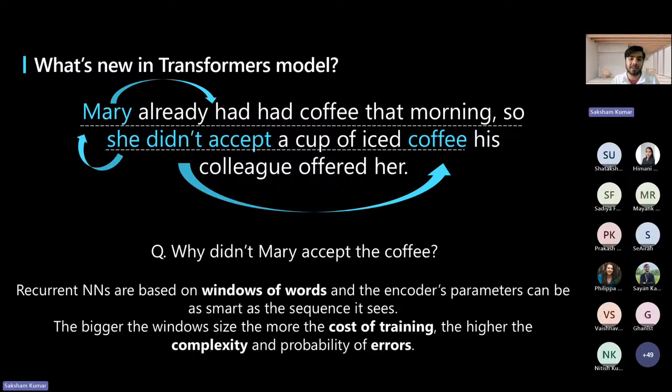As you can see, why didn't Mary accept the offer? It will go one by one, it will jump to here, it will see whatever is matching, and accordingly it can come up with an answer like Mary, she didn't accept a cup of coffee, and the language can be handled. You can come up with the language, not an issue.